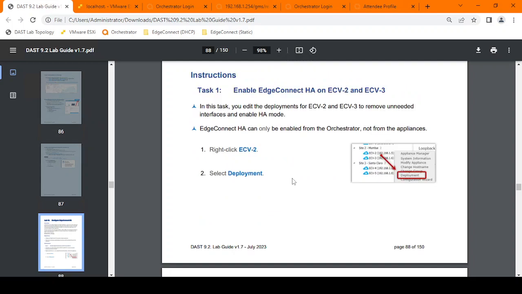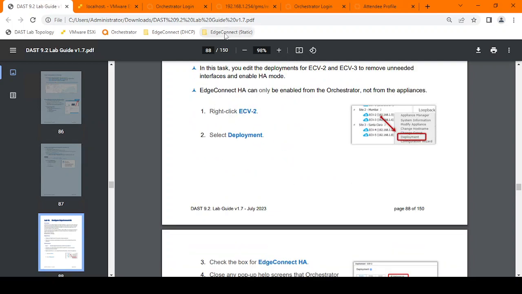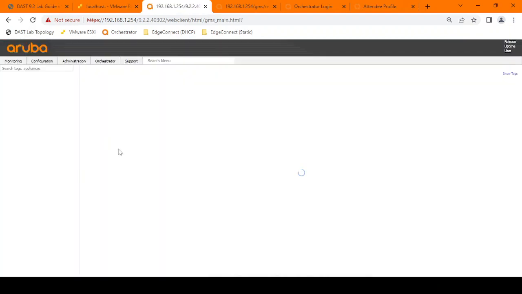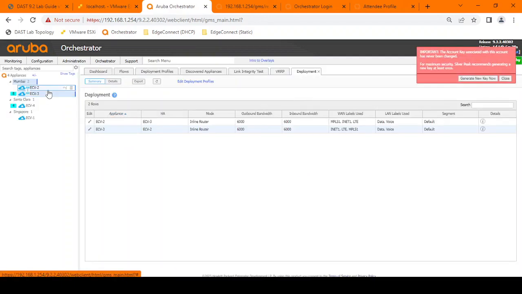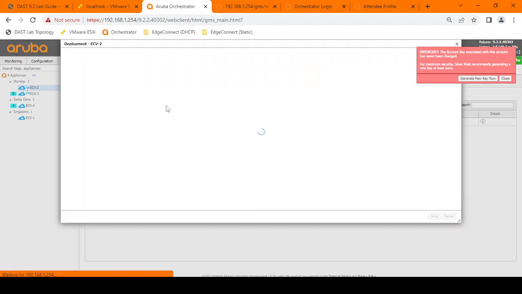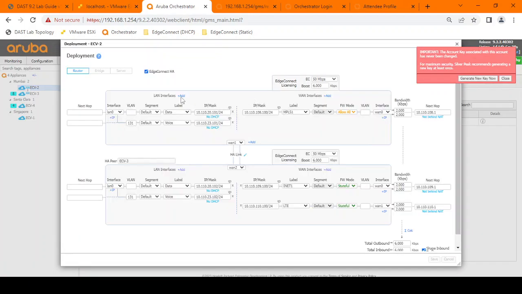So we go to the deployment. I already configured this, and I'm just going to show you how to configure it. It's very simple. You go to the orchestrator. Let me log in. Okay, you go to EV2 and click deploy. After you land here, you need to click this. After you click it, you go through a process